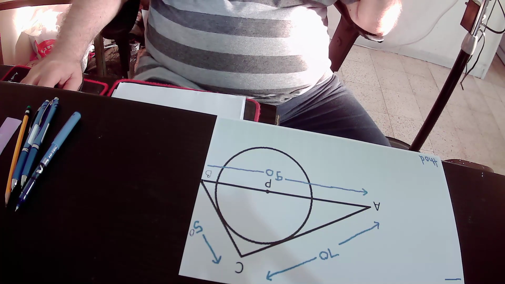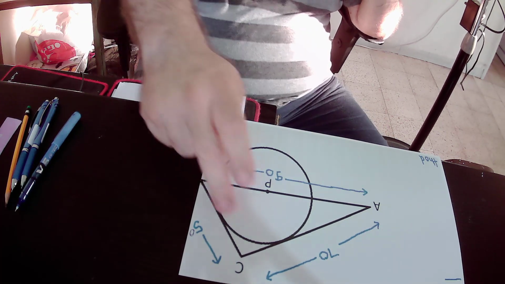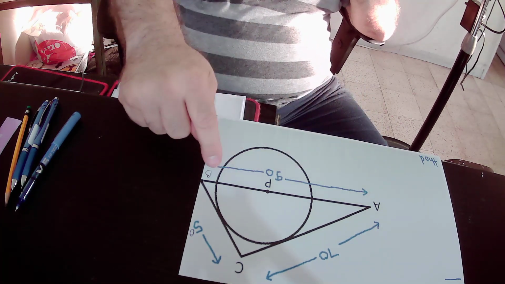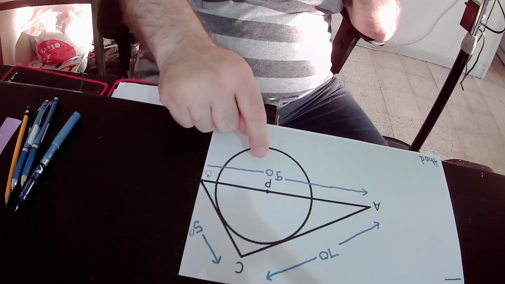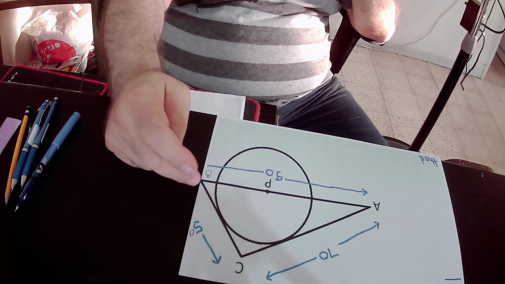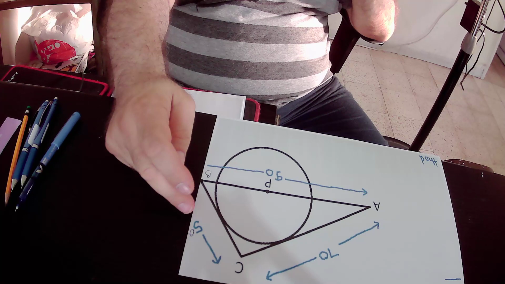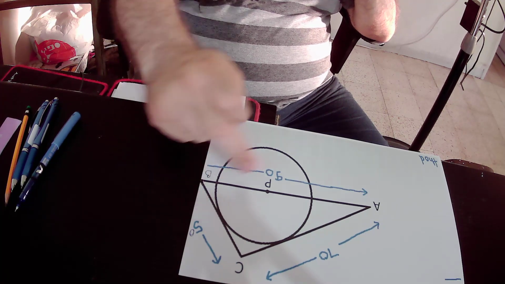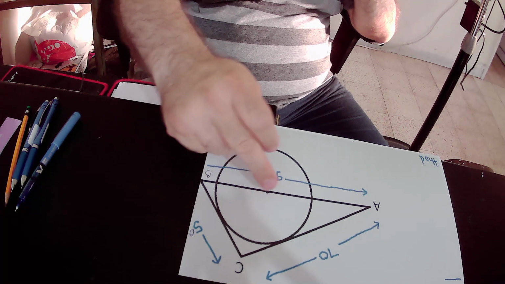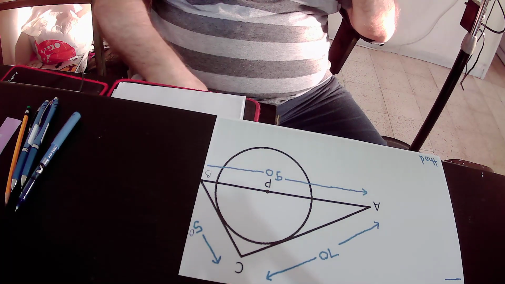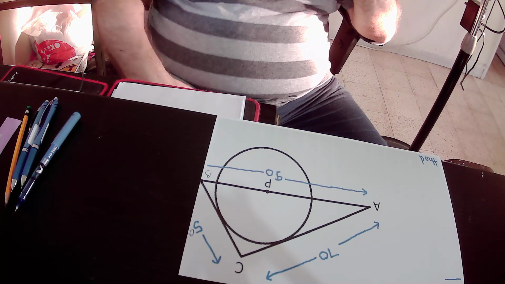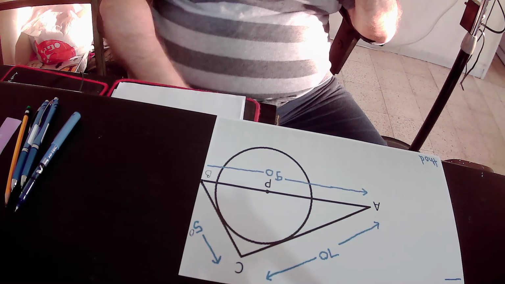Actually, we have a triangle ABC. Side AB of the triangle equals 90 units. Side BC of the triangle equals 50 units. And the side AC of this triangle equals 70 units. And we also have a